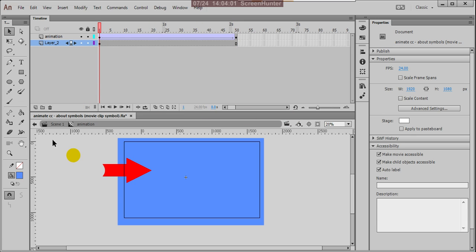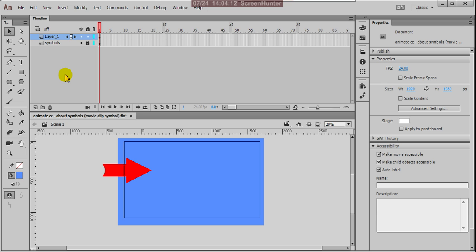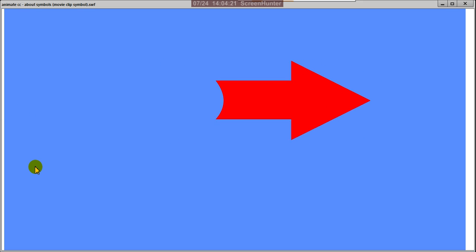Now come out of the symbol editing mode again, because we entered it two times, so we have to come back two times. Now if you check this with Control Enter, on the blue background your arrow is nicely moving from left to right, or right to left also.